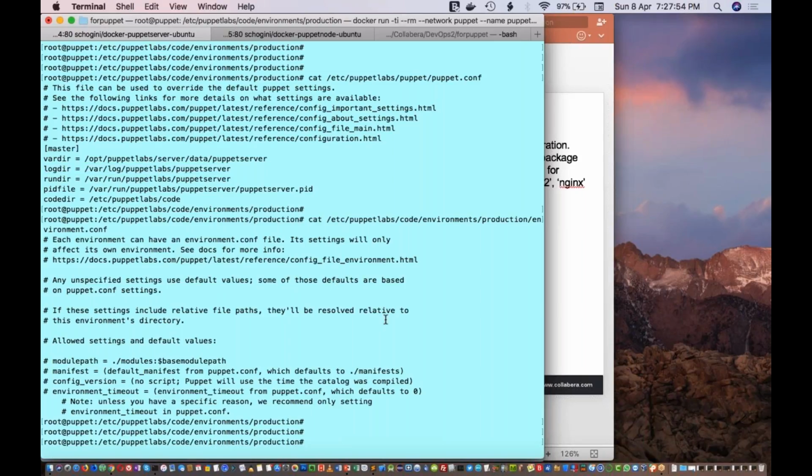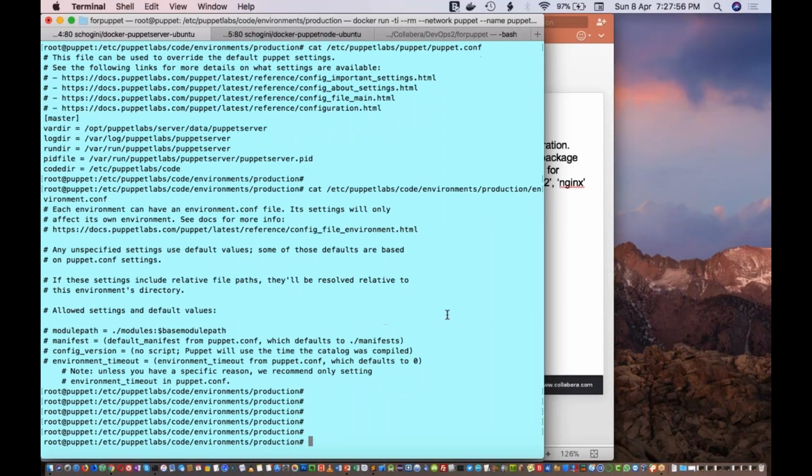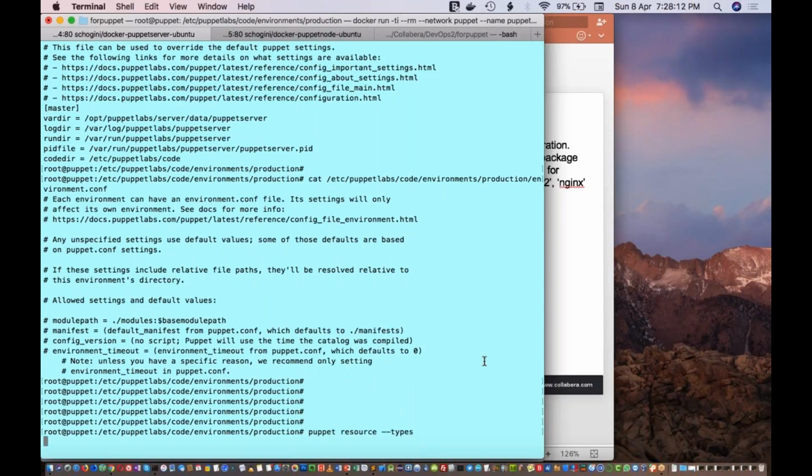Now in the last class I mentioned that there are around 53 resource types in Puppet. In order to get that, you can execute the command puppet resource --types, and you will get the list of all the resources that are available with Puppet.